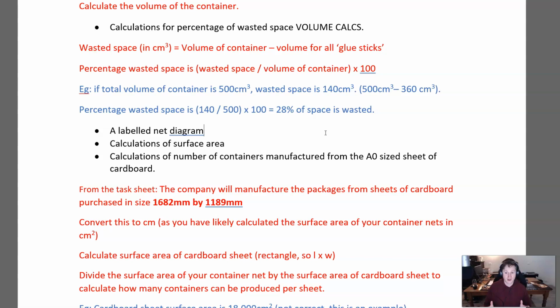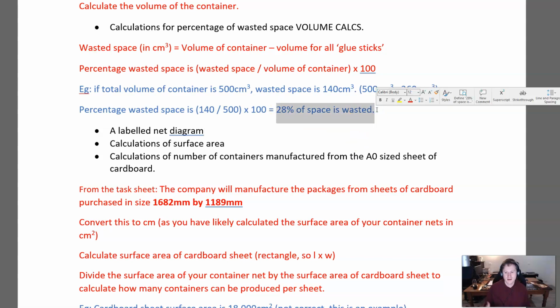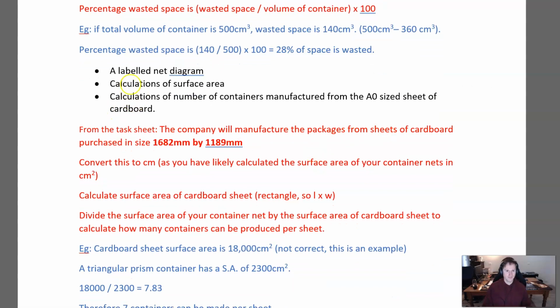So if the container could be smaller, then that's a bit more efficient and more cost effective, okay? So when you're comparing to figure out which container is the best, this is a key stat to consider. So the next thing, you do need a labeled net diagram, and you can search for the net of any